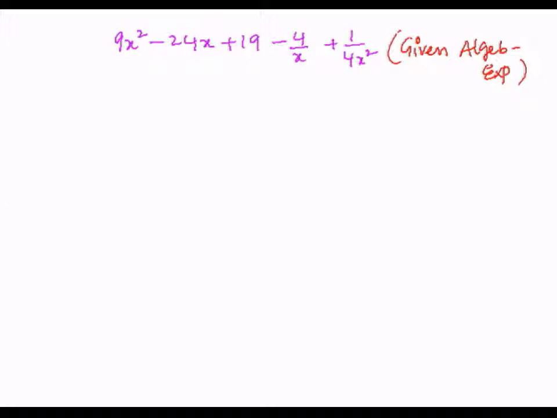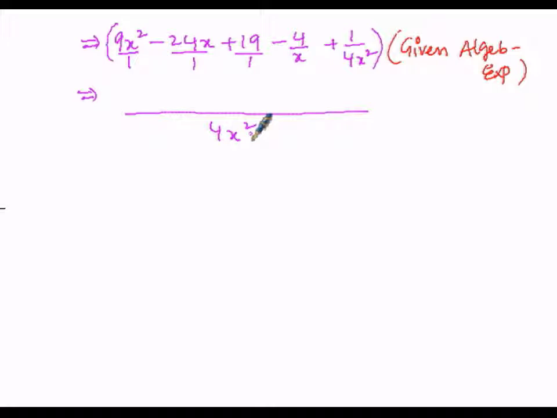So here in this particular algebraic expression, I want to take the LCM. So here the LCM: the denominator of the last term is 4x square and of the last but one term is x. So here 4x square and x, the LCM is 4x square. So 4x square is the LCM. The remaining terms have denominators of 1 up to the third term. The fourth term denominator is x and the fifth term denominator is 4x square, which is the greatest one, so that itself is the LCM.